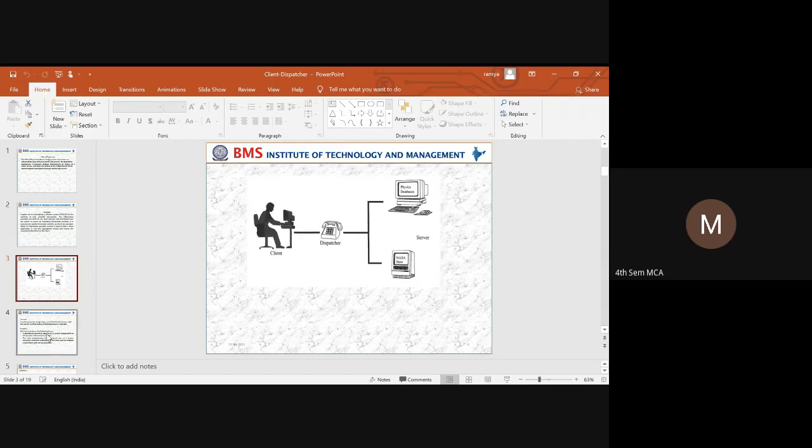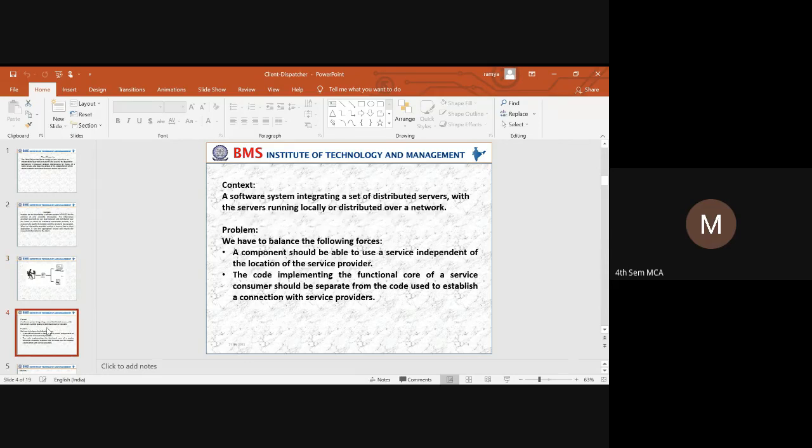Here we have a context. The context for the client dispatcher system is that we have a software integrated system set up as distributed servers, where the server may be located either as a local server, or it can be distributed all through the world.